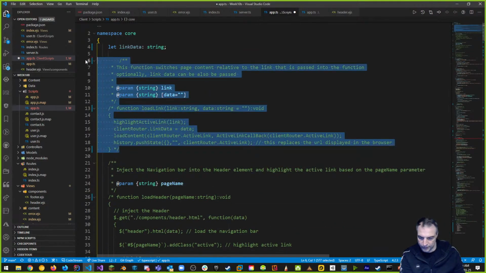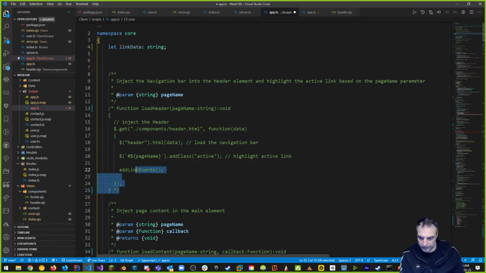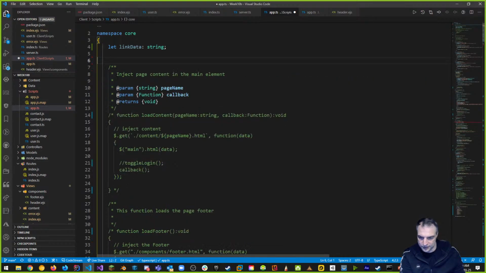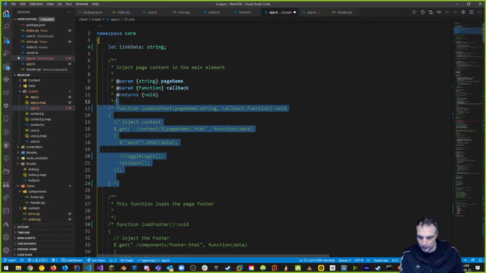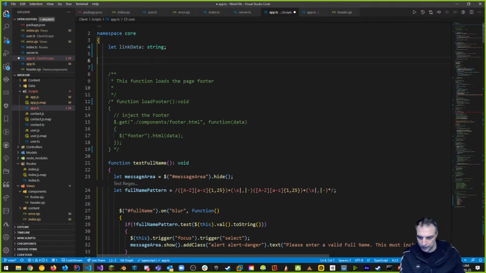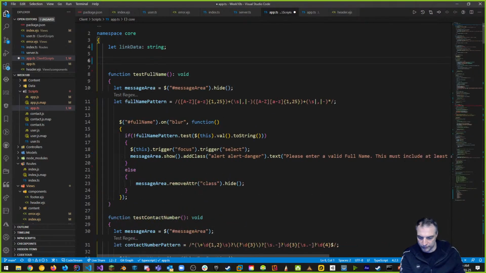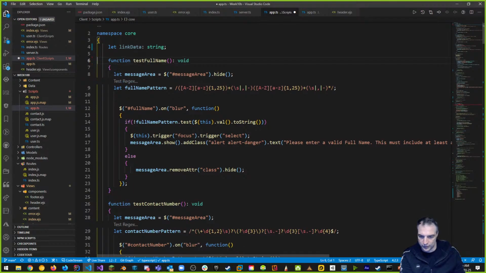All the documentation for functions that we're not using anymore can go. Again, I'm just going to get rid of one at a time, so you can see that we can make our code on the front end now a lot slimmer. We don't have documentation for this. This is just our testing for our